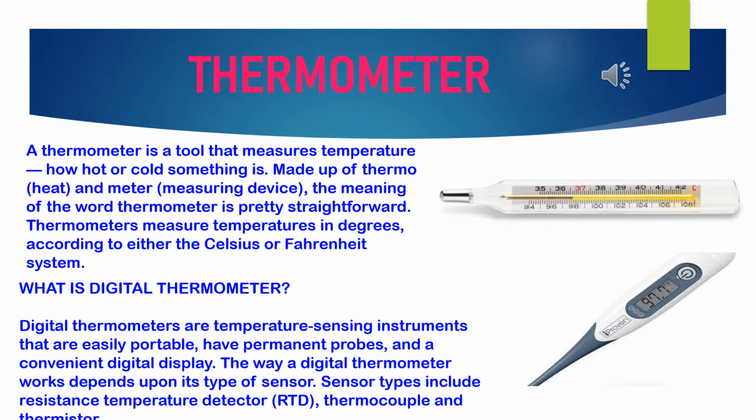Now, the first question is, what is a thermometer? The instrument used for measuring temperature is called a thermometer. A thermometer is constructed by using the property of different changes produced in substances with change in temperature. The property of change in volume of mercury with change in temperature is used in the mercury-in-glass thermometer.